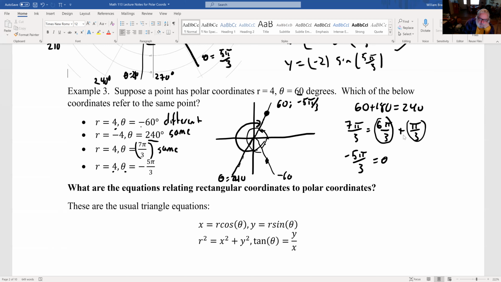And that's the same point. So every point can have lots of different polar coordinates. Every point has just one way to do it in x and y coordinates, right? X equals this, y equals that. But in polar coordinates, there are lots of different ways to combine things. You can have lots of different r's and thetas. Generally, most of the time, we want r to be positive and theta between 0 and 360, but that doesn't